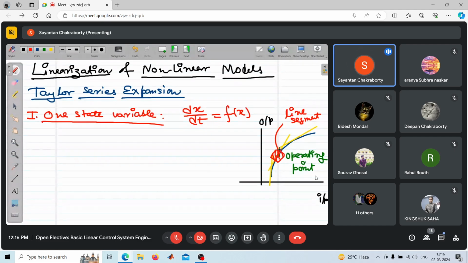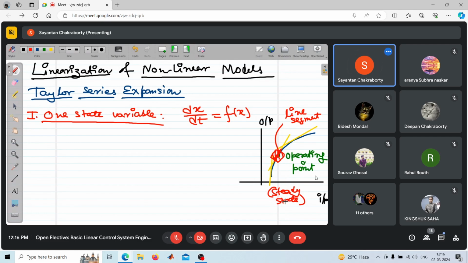It can be approximated by this straight line segment. So any change within this range can be approximated by this straight line. Consider this operating point, which is again a steady state operating point, and if you identify this steady state operating point,